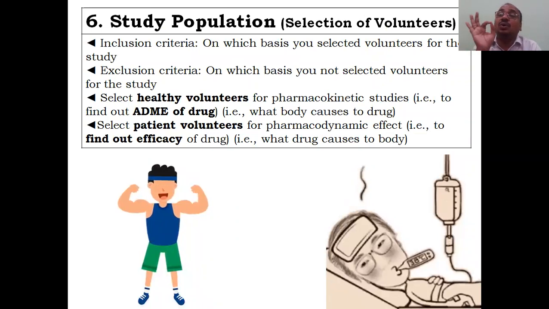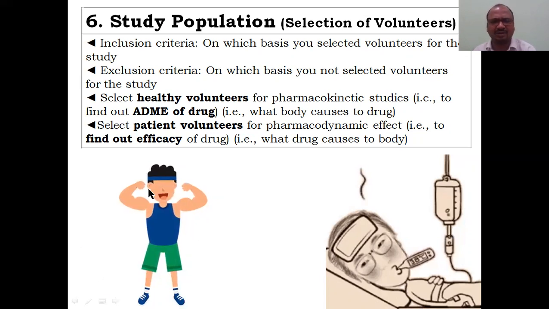If you want to know only the drug's ADME, absorption, distribution, metabolism, and excretion, only those four things, and you don't want the mechanism of action or the therapeutic action, when you want only ADME, that is called kinetics, pharmacokinetics. What does the body do to the drug? The body absorbs, distributes, metabolizes, and excretes the drug. That's why these are called pharmacokinetic effects. If you want to study these pharmacokinetic effects of your drug, then you select healthy volunteers like this.